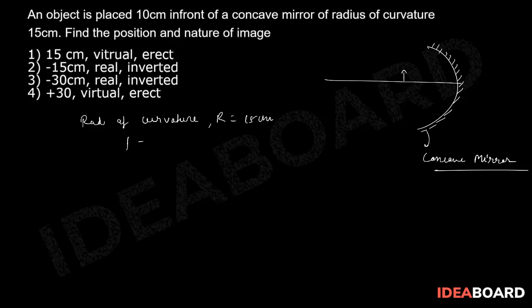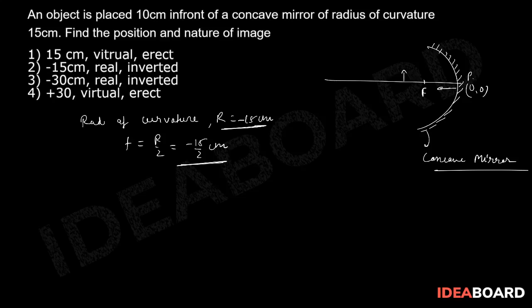That means focal length will be equal to, so this r is actually negative because of the sign convention. If you assume pole at 0, then of course if you go in this direction you will get negative values. So f is equal to r by 2, which gives minus 15 by 2 centimeters. Fine. Now radius of curvature is there. We know that this is our object, so of course this is going to be the focus.